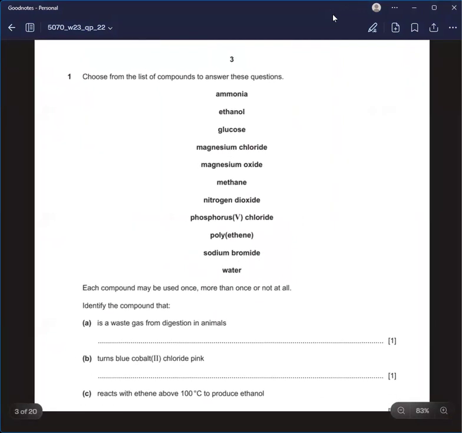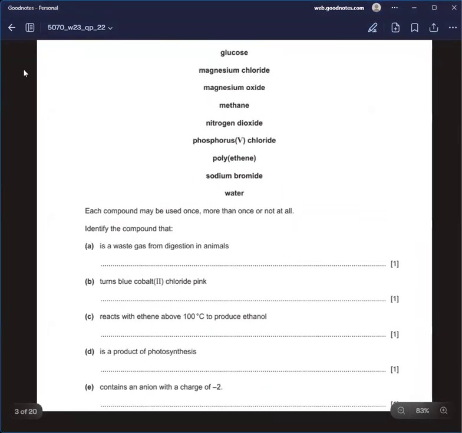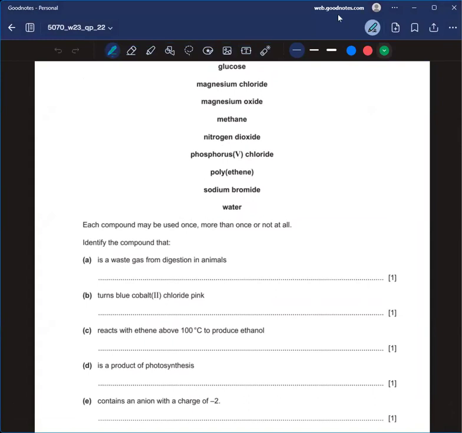Okay. The first question. Choose from the list of compounds to answer these questions. We have this list of compounds, and let's start with it. Each compound may be used once, more than once, or not at all. Identify the compound that